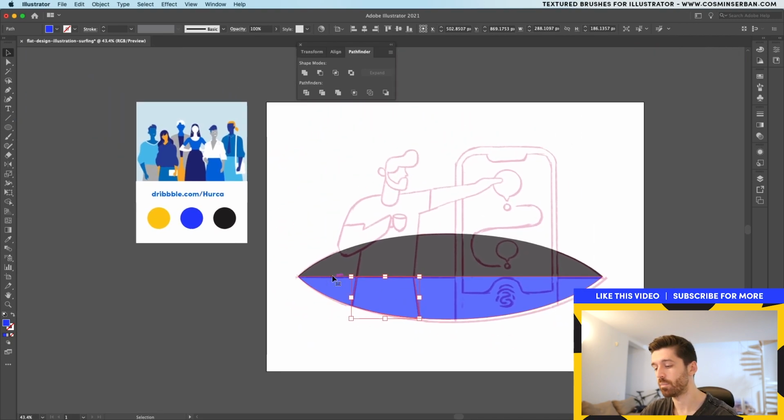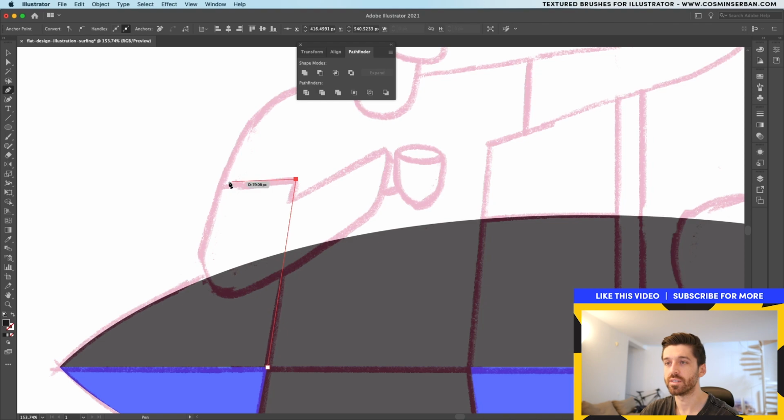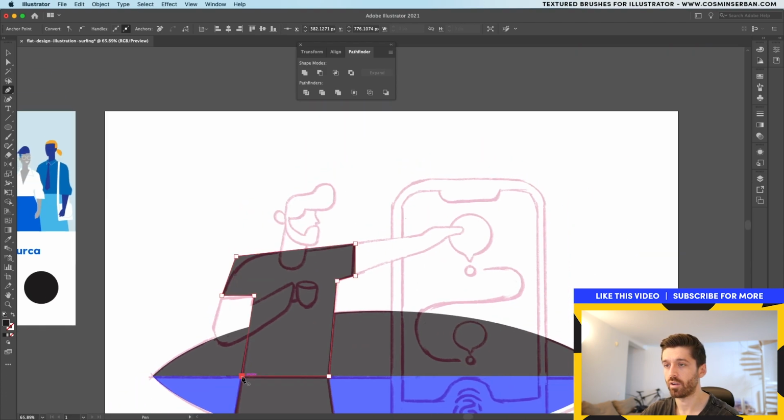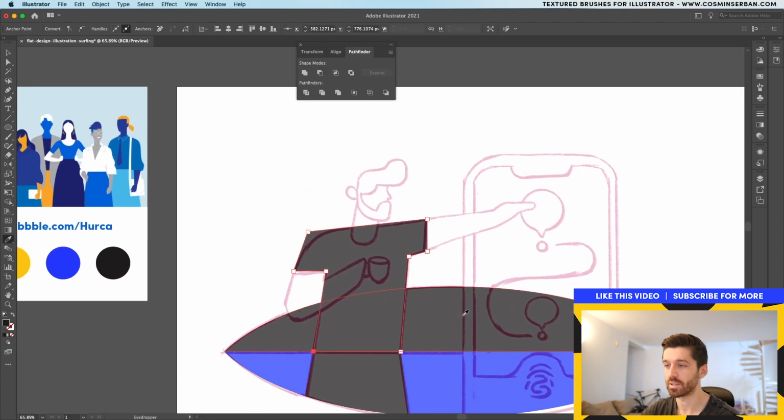Let's zoom out and sample a different color, maybe something that is contrasting, and then we can start working on the t-shirt. Start from the pants and try to use the sketch as reference. Where you have these curves, I'm actually going to create straight paths and then I'm going to round them off with the direct selection tool. Close this shape off and of course sample it to a different color just because I want it to stand out from the background. Let's make it a blue.